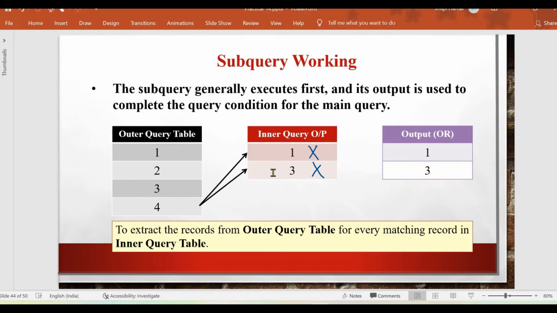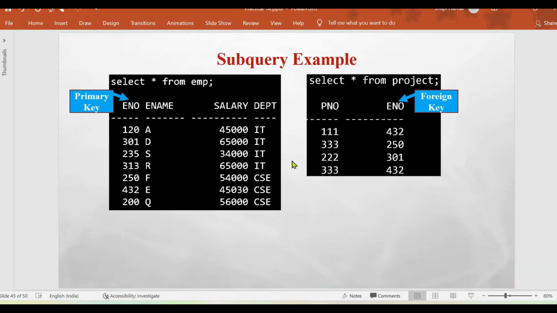So this is the way how inner query and outer query are executed. For every record of outer query, inner query is executed completely, means all the records are extracted. That's why we can say that subquery operations are always time consuming to perform, because every time for every row of the outer table, inner query is executed completely. Okay, so this is the example that we are going to implement with